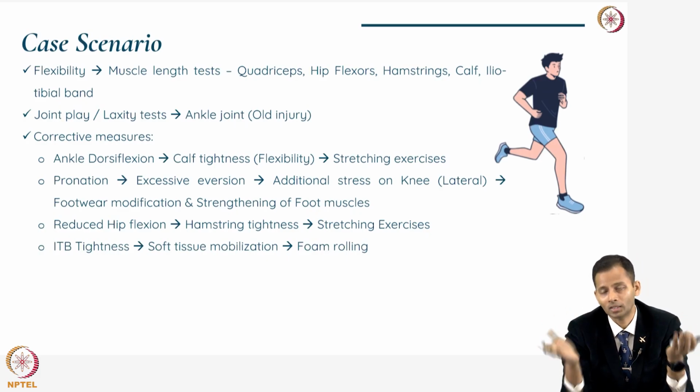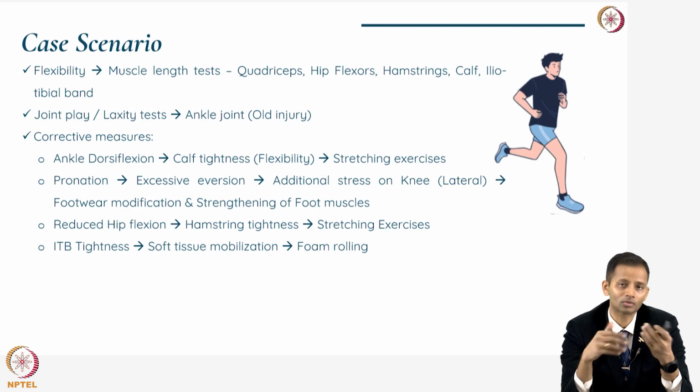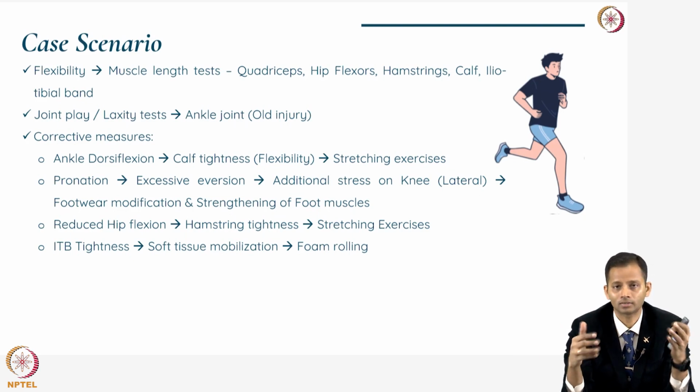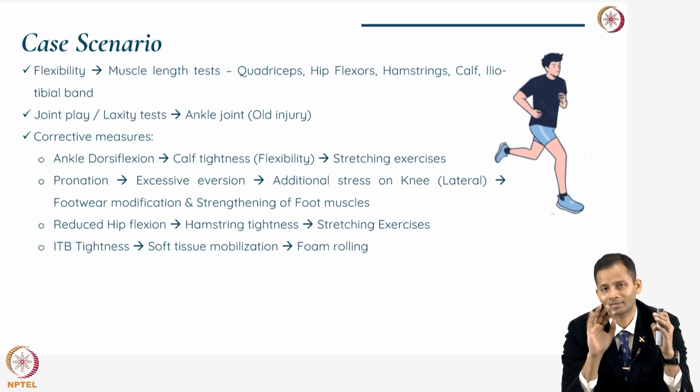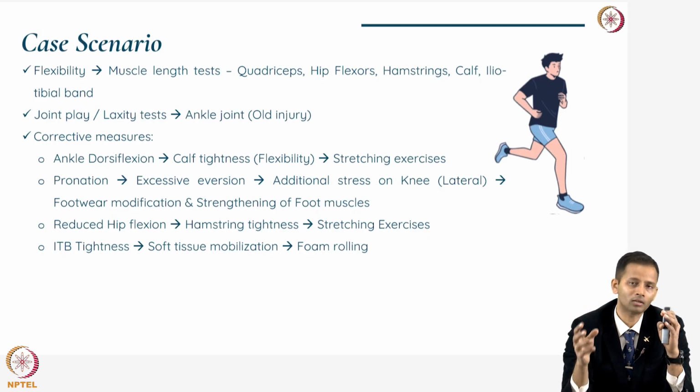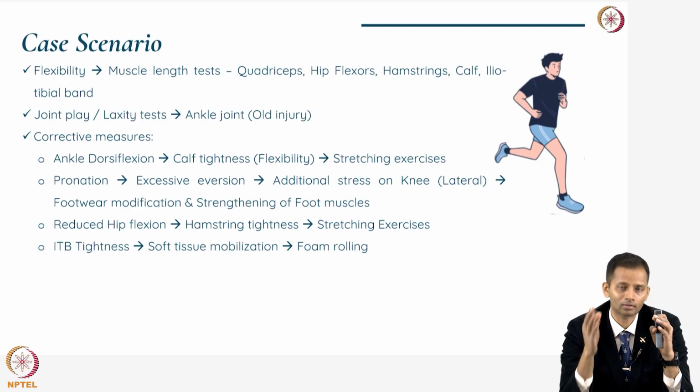There may also be ITB tightness. ITB tightness is one of the common problems that runners and cyclists face. So there you will have to check for the tightness. Local soft tissue examination shows the tightness around the IT band at the level of the lateral or the outer